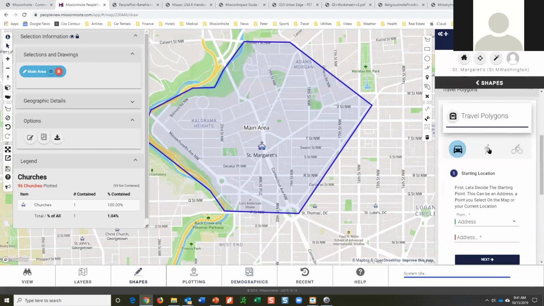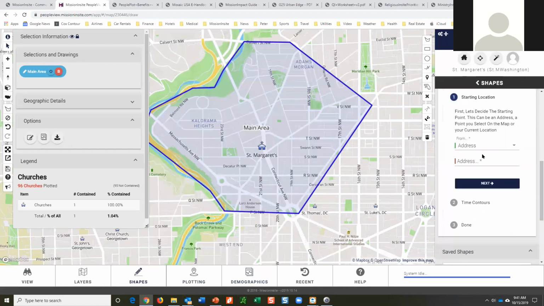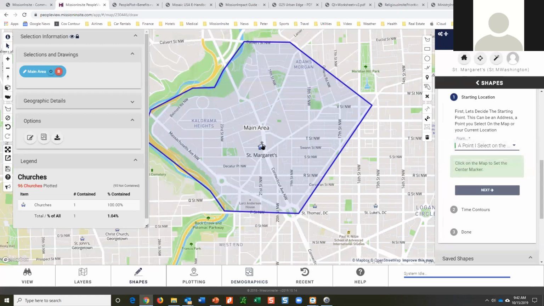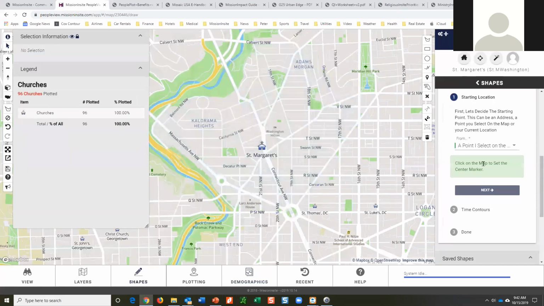You can do walk time as well as drive time. So in order to get people's attention, if you said, well, what's true within a 10-minute walk of our building? I could come here and say, I'm going to click on the building. So let me click a point. There we go, sorry. Oh, here, let me get rid of that. There we are.